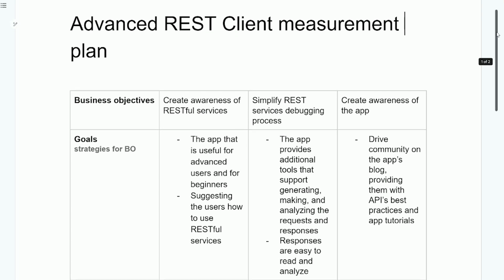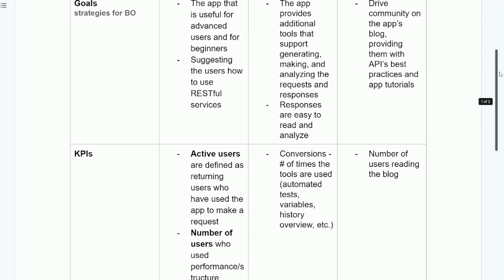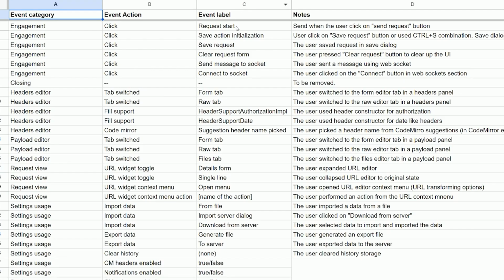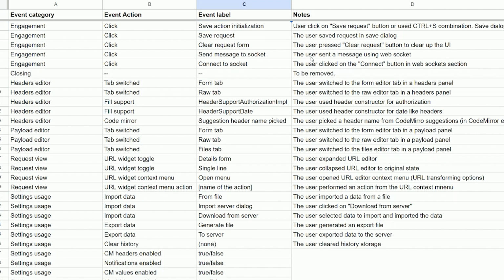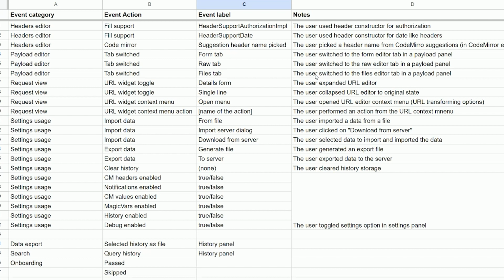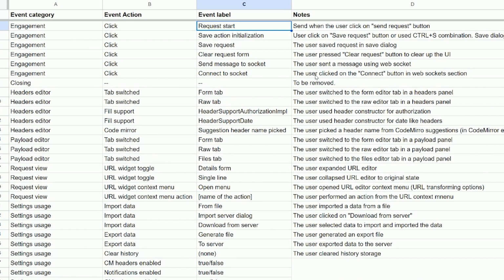It can be a document, it can be a spreadsheet that actually describes specifically what you are analyzing and why, and through which method, like whether it's going to be an event attached to a specific functionality on your page, or is it analyzed through configuring goals in your analytical tools, or some other way.